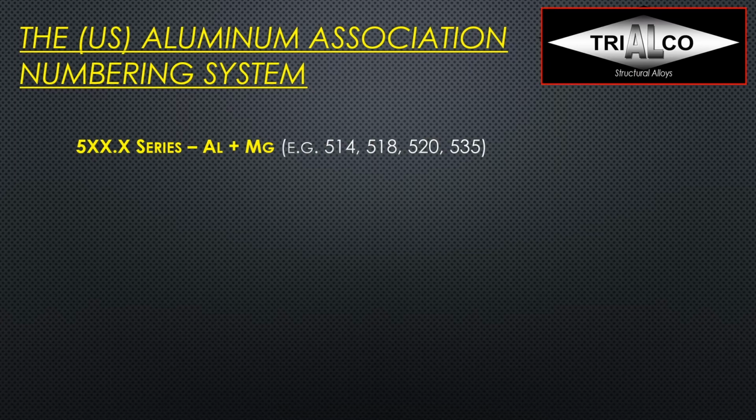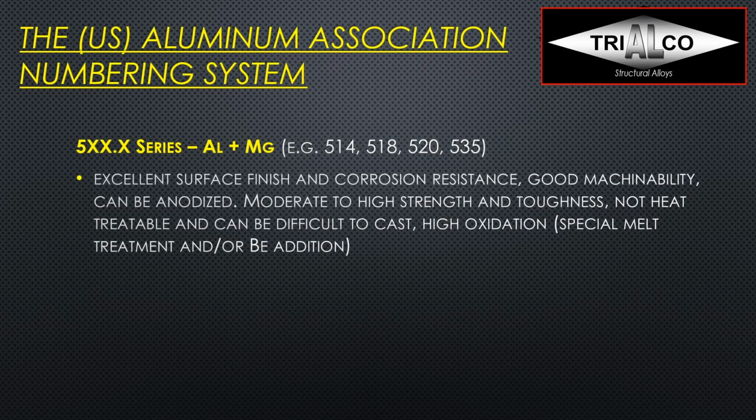And then we get to the 500 series alloys, and they are aluminum and magnesium. Pretty much nothing else in there. It shouldn't be. Typical representatives are the 514 or 518, the 520, and the 535, also known as Almag 35. They all have excellent surface finish and corrosion resistance. That's why they are usually used. Good machinability, and they can be anodized, and that's the special thing. So if you're looking for an alloy that can be anodized,